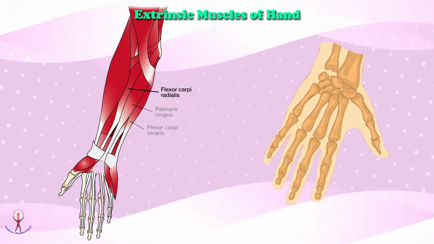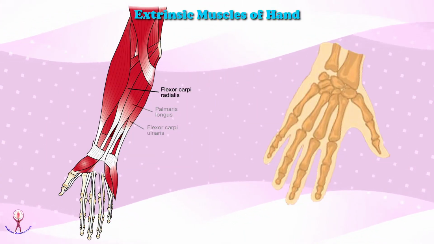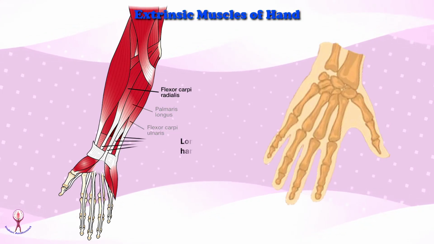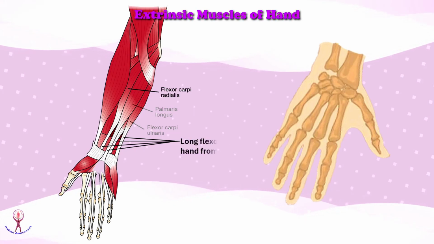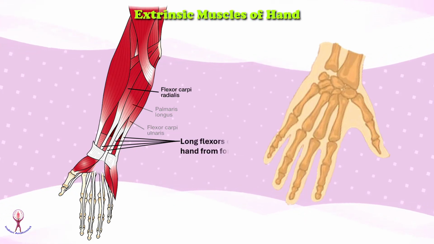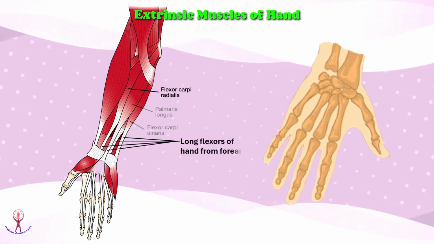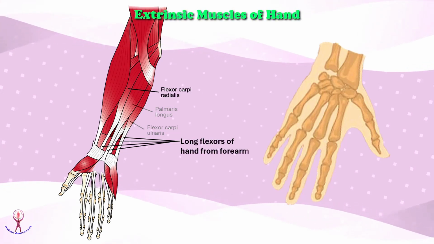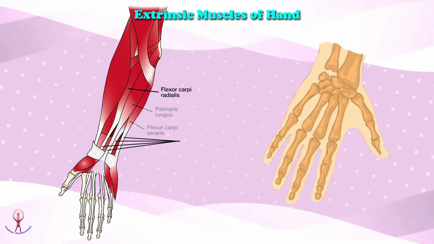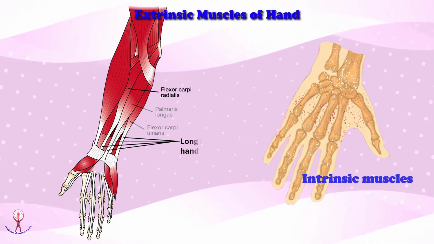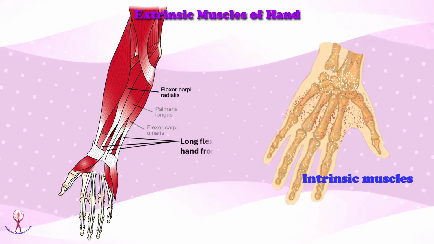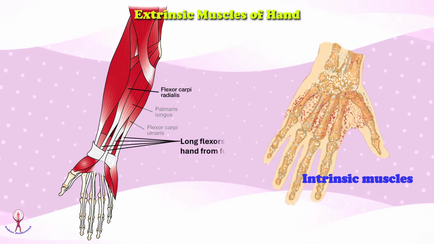Which muscles of the hand are considered to be extrinsic? The forearm is the source of the extrinsic muscles of the hand, which can be located on the forearm's anterior and posterior compartments, also called the long flexors and long extensors, respectively. These muscles are responsible for performing the fundamental actions of the hand and wrist, such as grasping firmly or grip